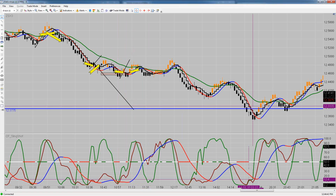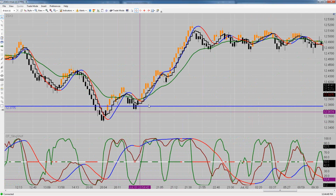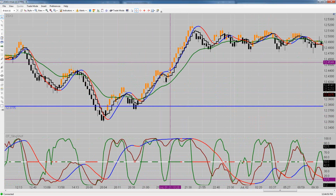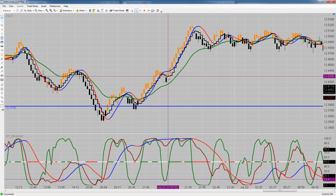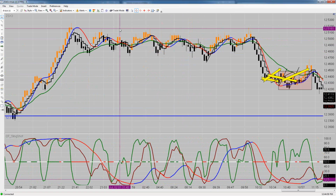I even drew a horizontal blue line on there. It did eventually get down to that level. Okay, it took it a very long time. In the overnight session, there were some opportunities here on the beans on the long side right here to take pretty much most of that move out. Then it flattened right out,